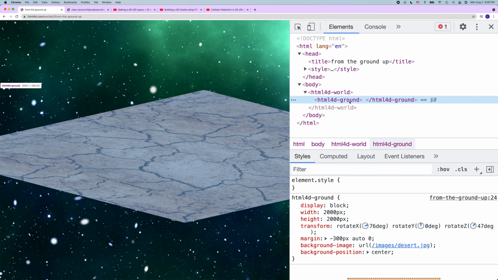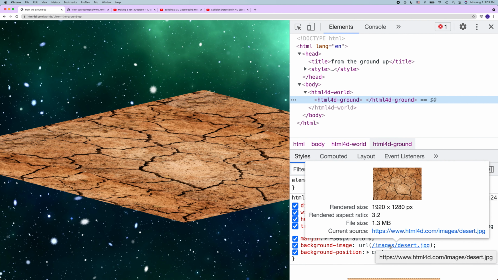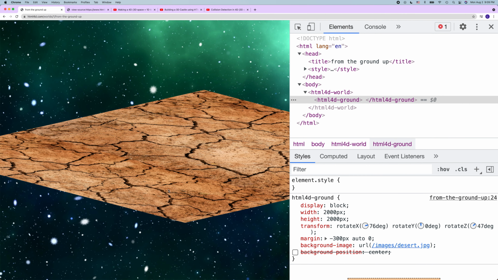Transform, that's probably the most fun one, so let me just come back to that in just a second. Background image, again, pretty self-explanatory. I put an image of a desert background here, and then for the background position, I centered the background. You don't necessarily have to. I just centered it just because here in this case,